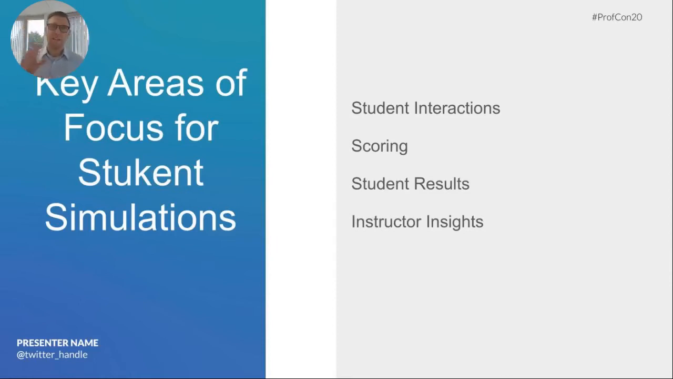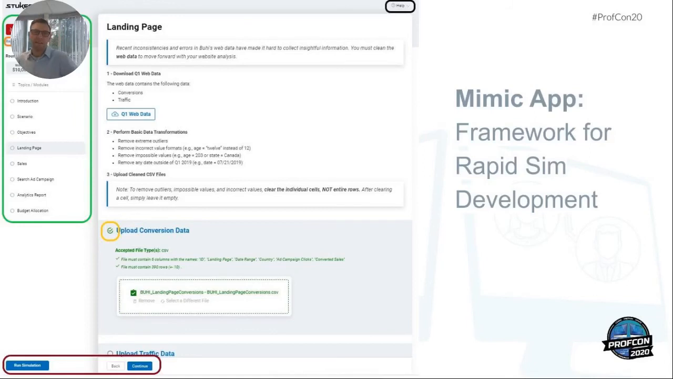And then instructor insights. Our mission at Stukin is to help educators, help students, help the world. We need to be able to provide our educators, our instructors, with insights into how the students did. And so those are the four things that we focus on as an organization. Again, we're not going to dive too much deeper into that. But I want to get into now